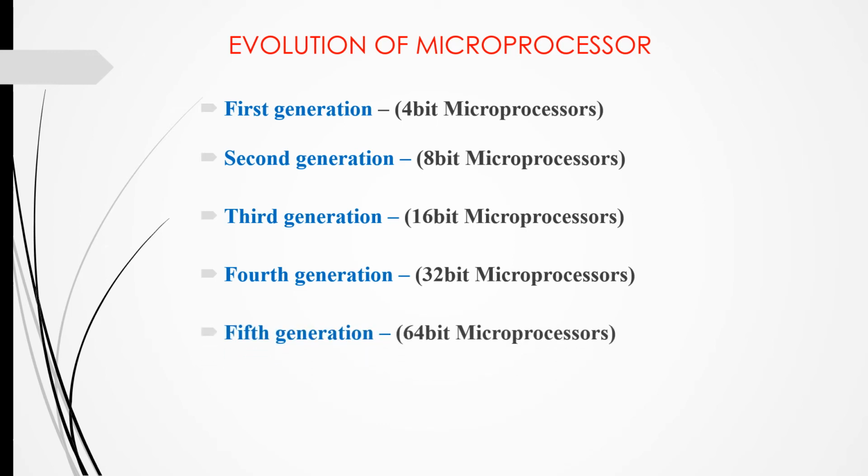Now we will see fifth generation. It includes 64-bit microprocessor. Intel made a drastic improvement in microprocessor design to provide greatest speed and to run the system on new operating system like Unix. The processor in this generation is generally called by name Pentium, may be called as 80586, followed by Pentium 2, Pentium 3, Pentium 4, etc.